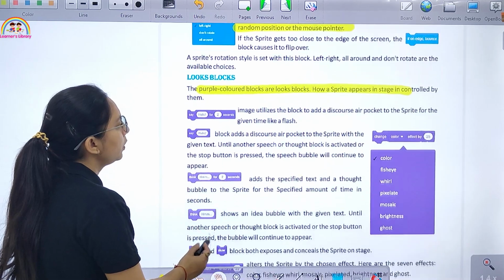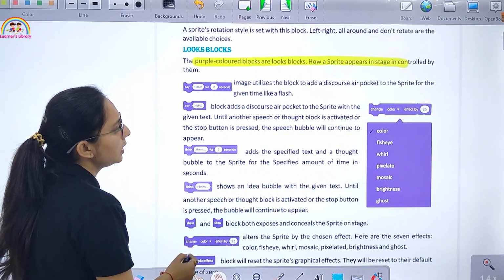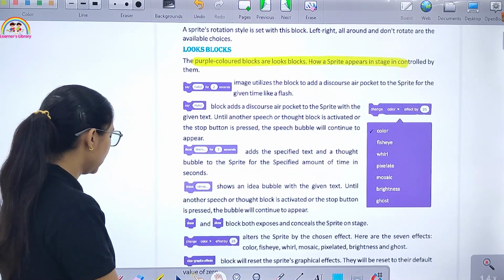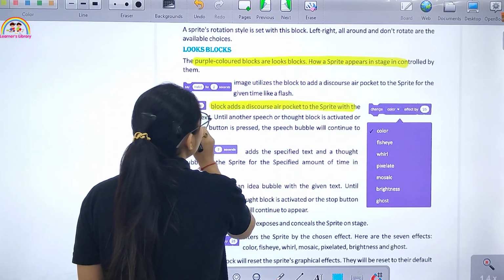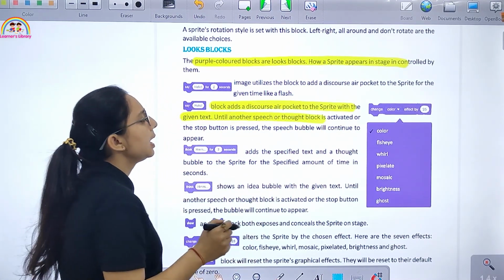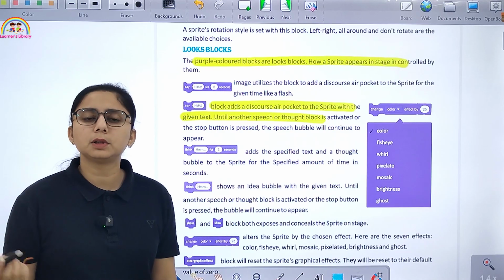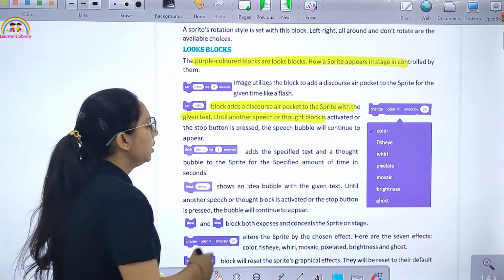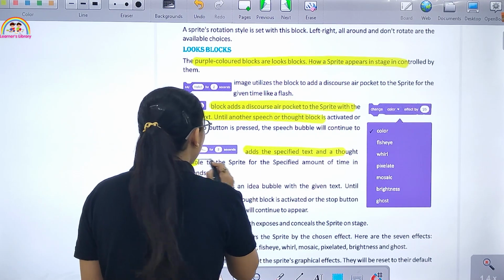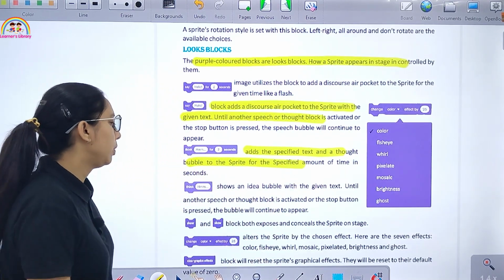So we have Hello for 2 seconds. Use this block to add a speech bubble to the sprite. The Hello block adds a speech bubble to a sprite with the given text until another speech or thought block is activated. Think Hmm for 2 seconds adds a thought bubble with text to the sprite for the specified amount of time.